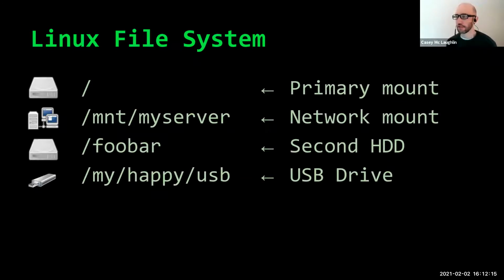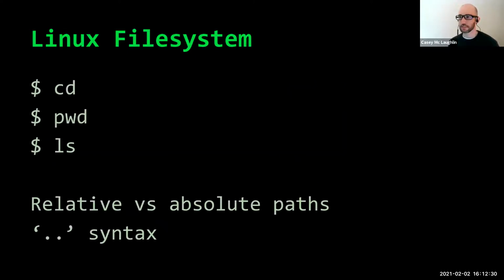I won't get into how to mount those, because that's outside of the scope of this presentation, and fortunately, it's documented to death on the internet. So just Google mounting devices on Linux if you ever need to do it. Okay, so in our last 10 minutes, we're going to get into some ways of moving around the file system.